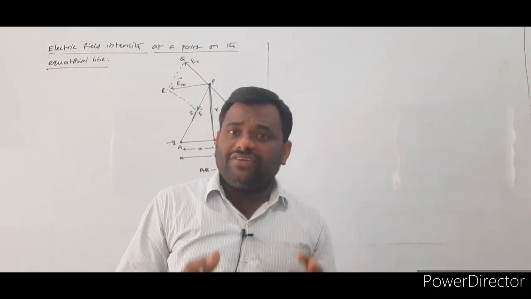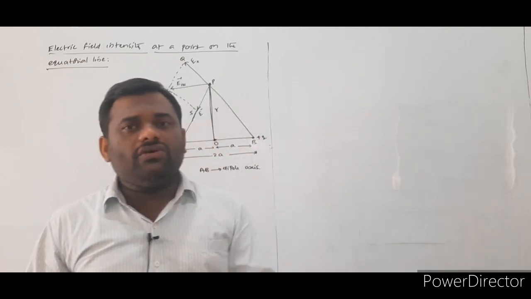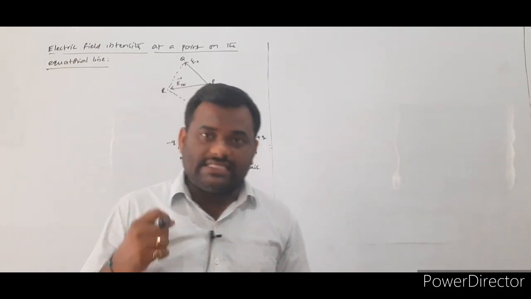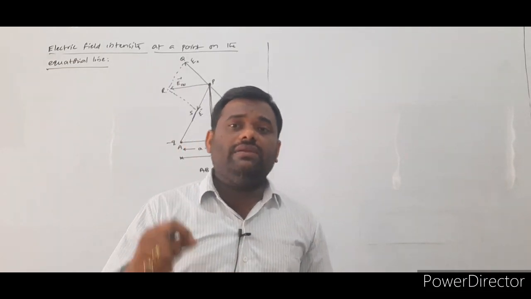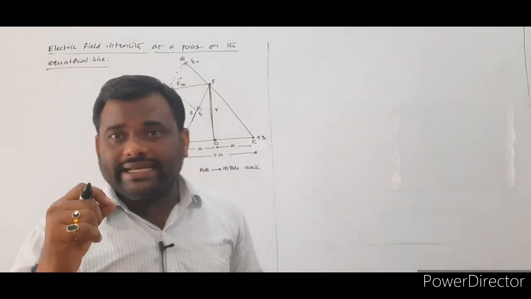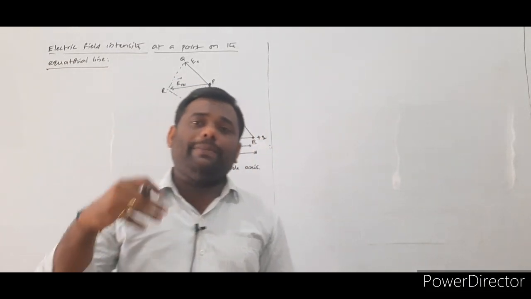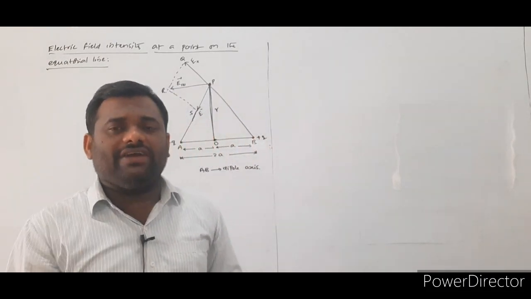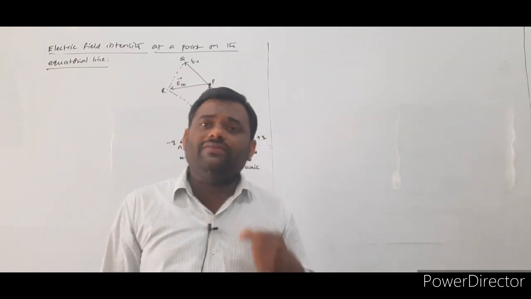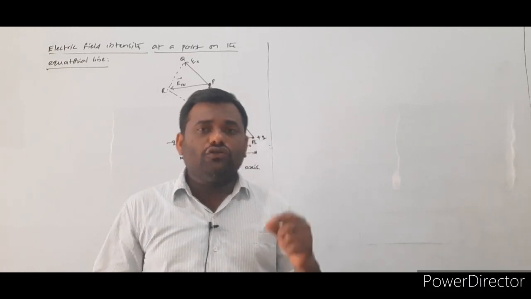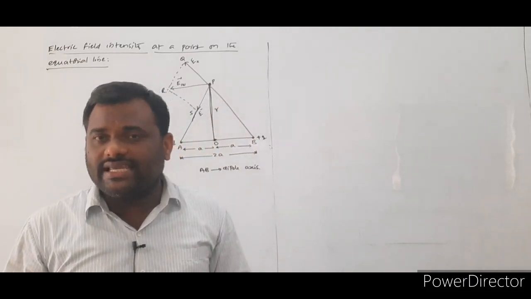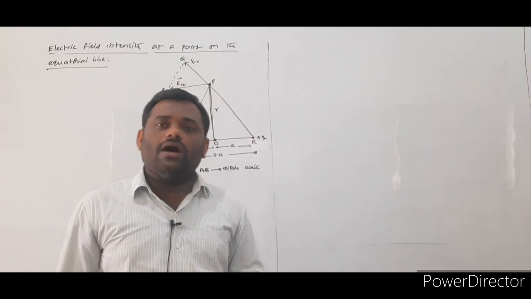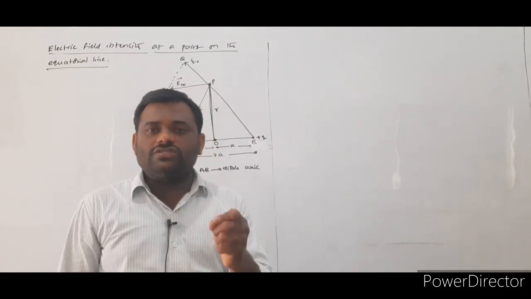According to the definition of the electric field intensity, if you consider any one point charge in space, each and every charge will be producing its own electric field. When multiple charges are considered, they produce multiple electric fields. So whenever more than one electric field exists, to find the resultant electric field intensity at a given point, we have to use the principle of superposition.